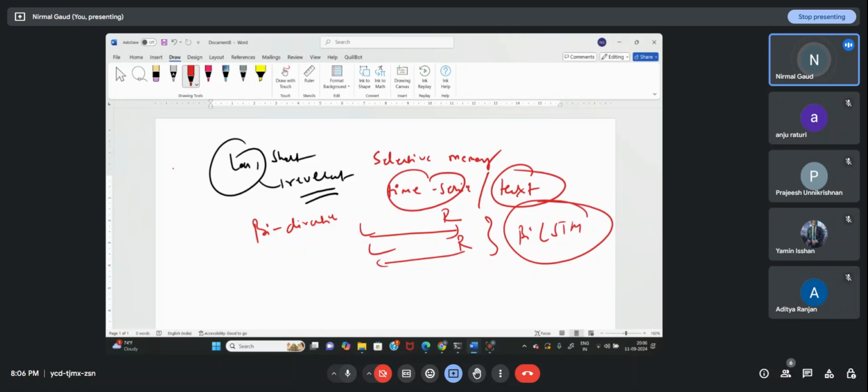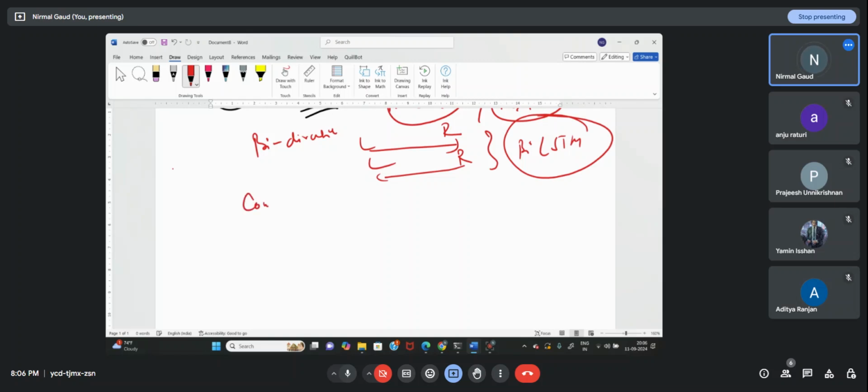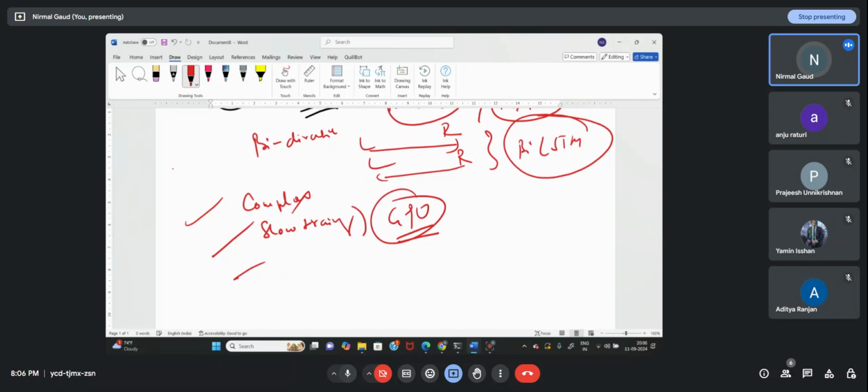There are certain disadvantages also of LSTM, that means थोड़ा सा कॉम्प्लेक्स है। It might be complex in nature, slow training परफॉर्म होती है, तो GPU लगा लो तो ठीक ठाक रहेगा। Complex in nature, slow training, मेमोरी रिक्वायरमेंट हाई रहेगी, तभी मैंने बोला GPU लगा लो। ये सिंपल डीप लर्निंग वाला हिसाब किताब नहीं है, आप देख रहे हैं कि काम थोड़ा सा बढ़ गया है, 3 गेट्स हो गए ना अब, तो ऑपरेशन बढ़ गए। So operations बढ़ गए तो कॉम्प्लेक्सिटी बढ़ गई, ट्रेनिंग स्लो हो रही है, मेमोरी ज्यादा लग रही है।